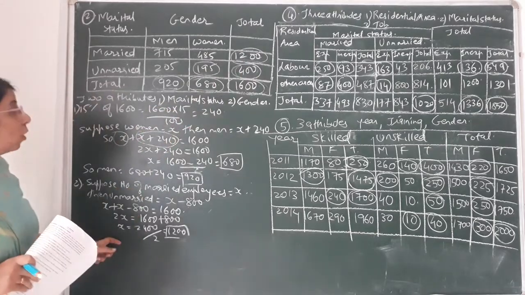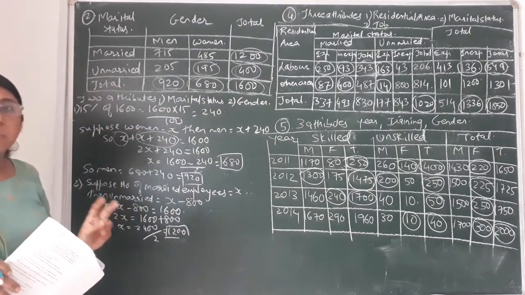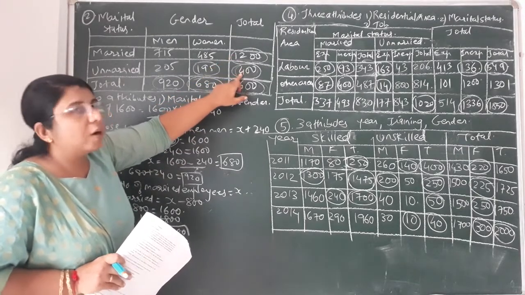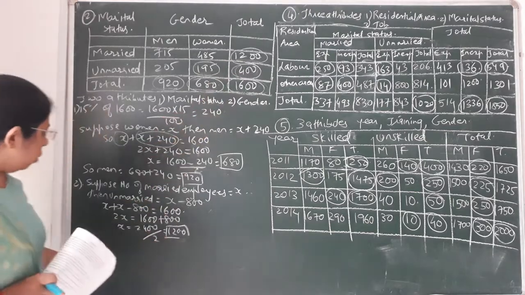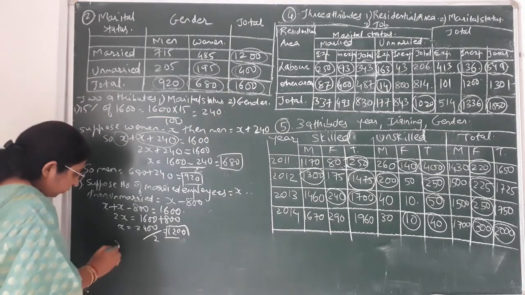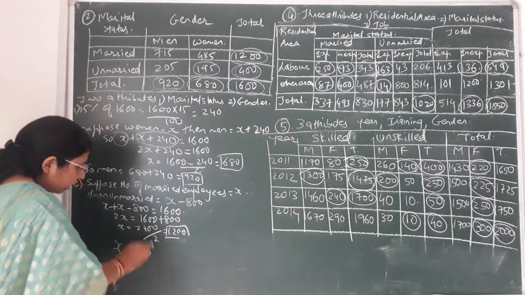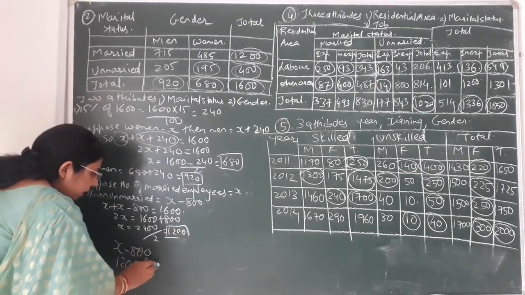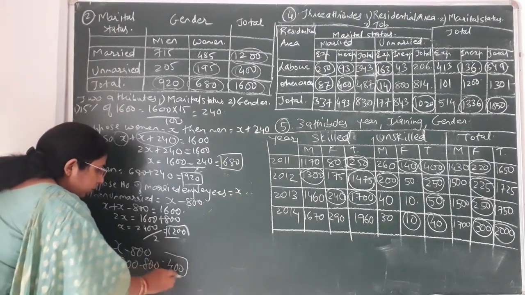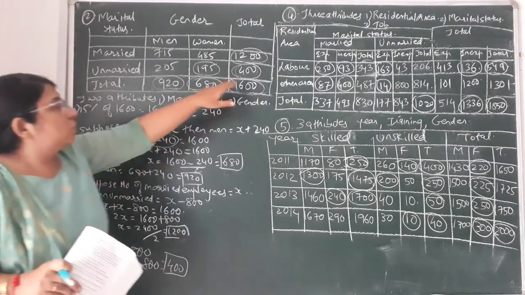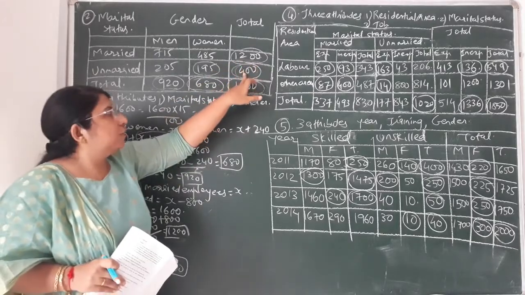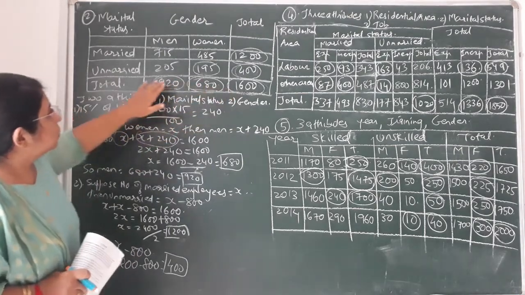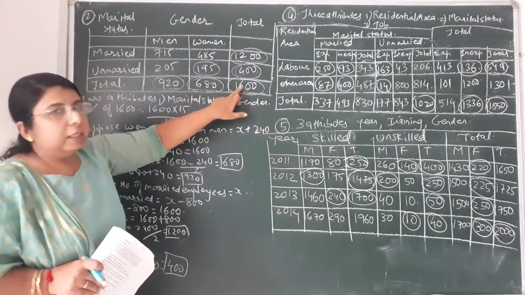Now we have to find the number of unmarried. We can find the number of unmarried employees in two ways. Over here, from 1600, if we subtract 1200, then the number of unmarried employees will be 400. Or you can do it by the equation also. Over here we supposed for unmarried employees x minus 800, right? So the x value we got is 1200. So 1200 minus 800, the number of unmarried employees that we will get is 400. So both ways the answer comes the same, that is 400 unmarried employees. So up till now we have found these 3 values, and over here vertically 3 values.